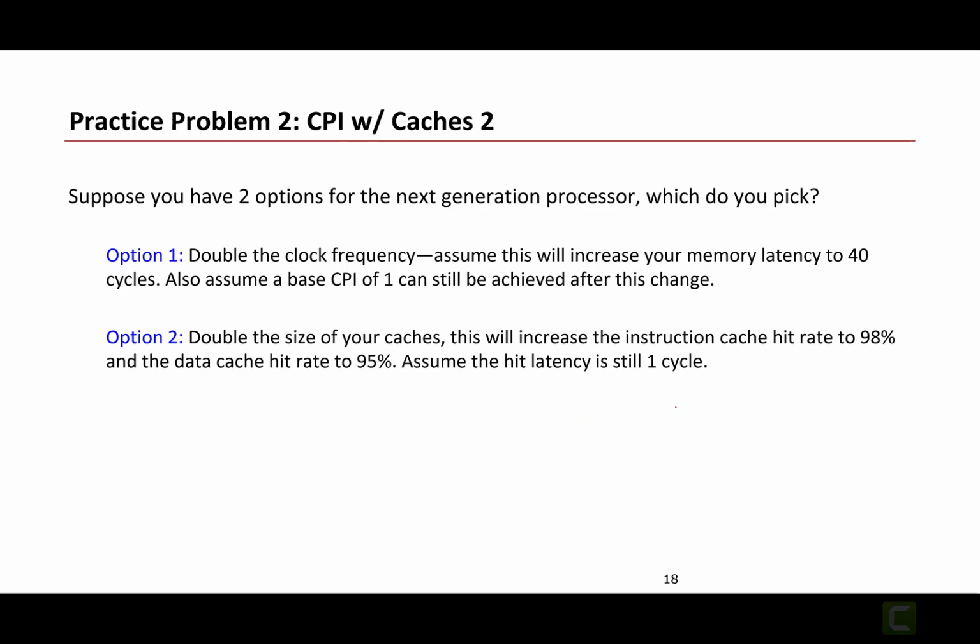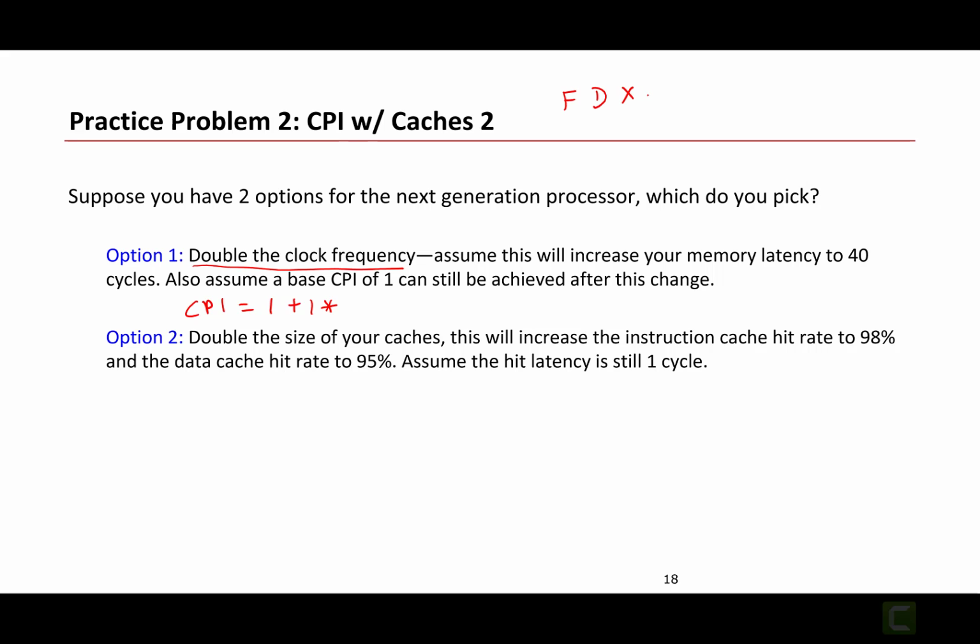So let's look at what the problem asks us to do. It asks us to consider two different changes to the hardware and reason about which one will get higher performance. To compute that, we are going to compute the CPI of each of these options. So the CPI of option 1 is again going to be 1 plus instruction cache penalty. In this case, we are asked to double the clock frequency. Doubling the clock frequency is not going to change the fact that you need to access the cache for every instruction, because